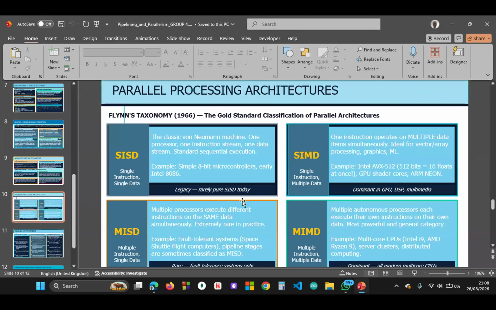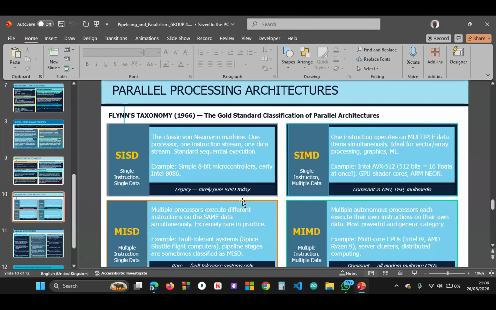Parallel processing architectures. Flynn's taxonomy, 1966. The gold standard classification of parallel architectures. 1. Single instruction, single data, in short SISD. The classic von Neumann machine. One processor, one instruction stream, one data stream. Standard sequential execution. A clear example is simple 8-bit microcontrollers, early Intel